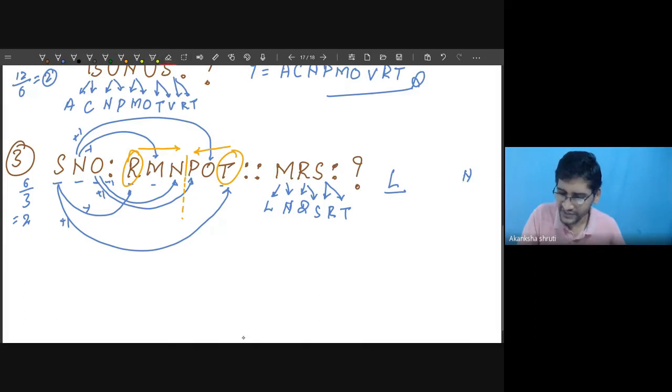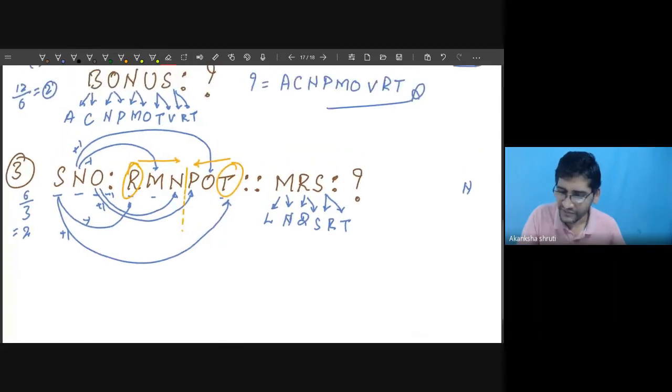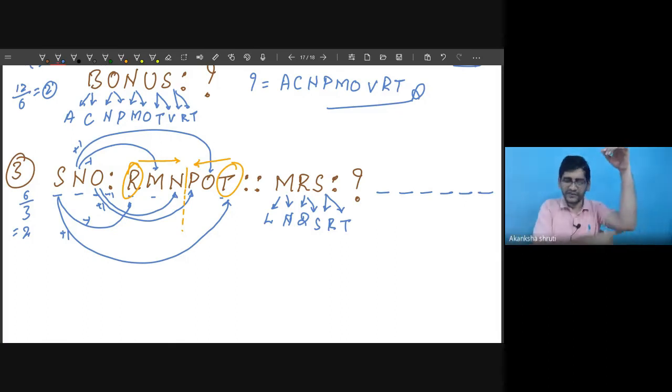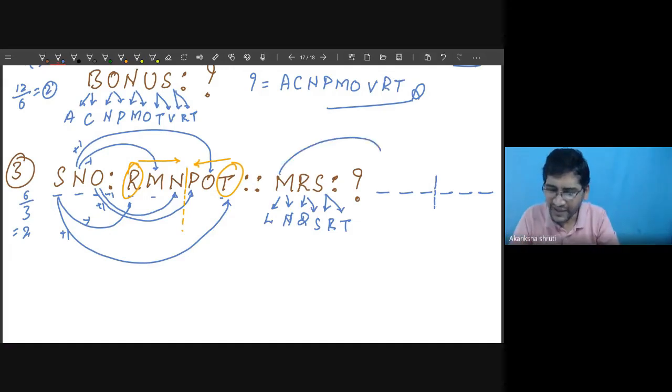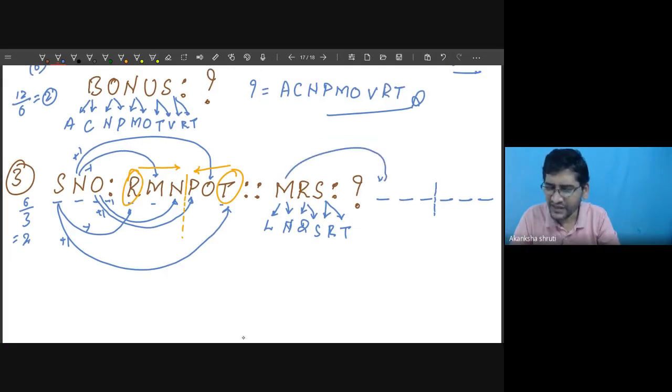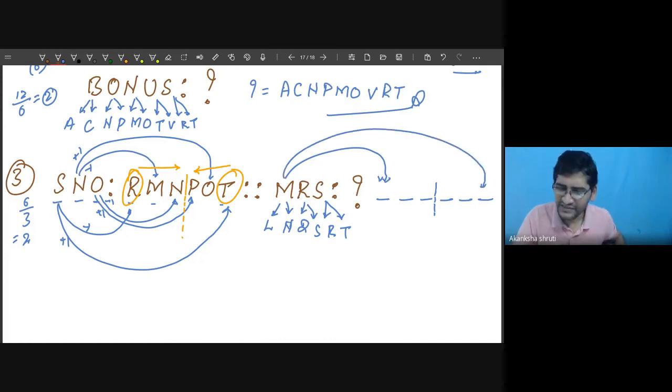Simply you may understand like this in more convenient way. From these 3, I need to produce the 6 character: 1, 2, 3, 4, 5, and 6. From the 6 character you make a middle lining. You fill the first one before this M here, and after M at this end. This way we have to do.